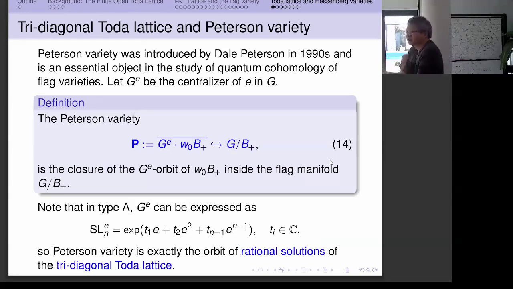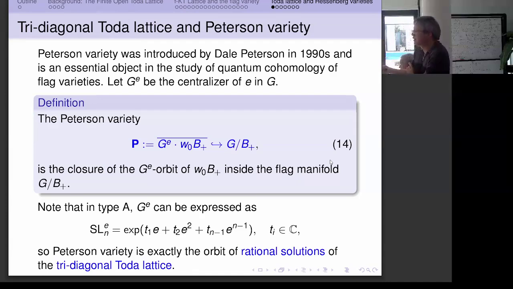But there's a very mysterious piece because they use the tri-diagonal Toda lattice, and the phase dimension of a tri-diagonal Toda lattice is just 2L. But the flag variety has a dimension much bigger. So it basically says something very non-trivial. It says that if you want to understand the quantum cohomology of some variety which has a very high dimension, you just need to understand something with low dimension. And this low dimension thing is what, in